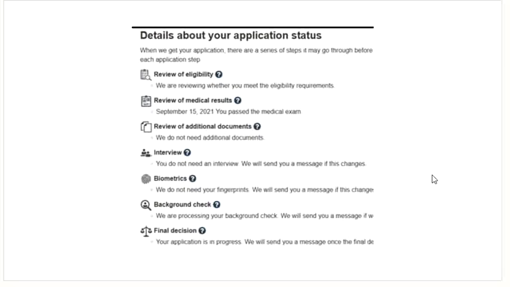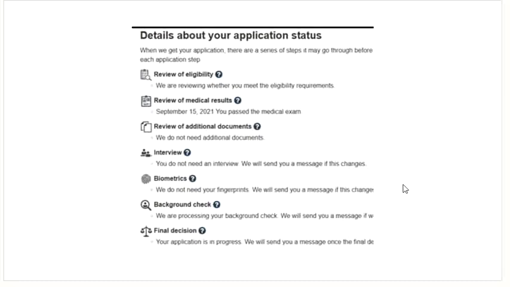Again, I'm going back to my history. When I was associated with the immigration industry, we used to have the interview as a mandatory requirement. Sometimes if the cases were very strong, the visa officer used to waive it off. So this stage is again curtailed or removed here. We will send you a message if this changes.